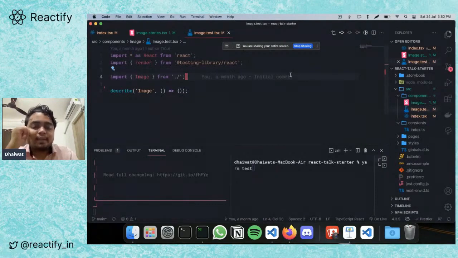So for this example, I'm using an image component, which is a really basic image component that will take a SRC and an alt text, and it will just render out an image. But not only that, we will handle the loading state of the image. So when the image is still loading, we don't want to display that ugly pixelated thing that browsers show. No, we don't want that. We will display a custom image.